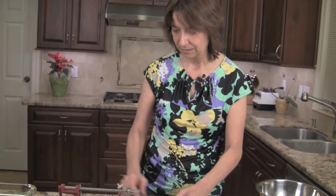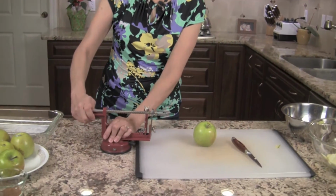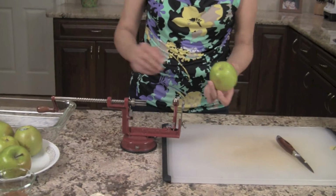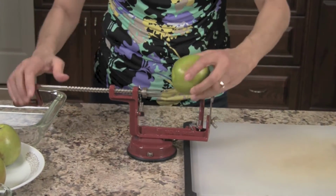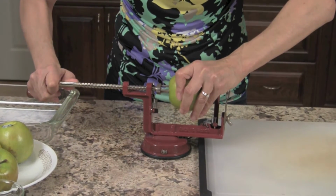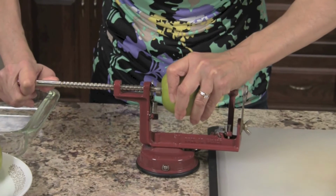So I happen to have an apple peeler corer that I love to use with this in any apple pie recipe or anytime I'm peeling apples. So I wanted to just show it to you, and if you decide you might want to get one, you might after you see this. Okay, so I pull this apart and take my apple. You want to put this right in the core, and push it in, straight in,